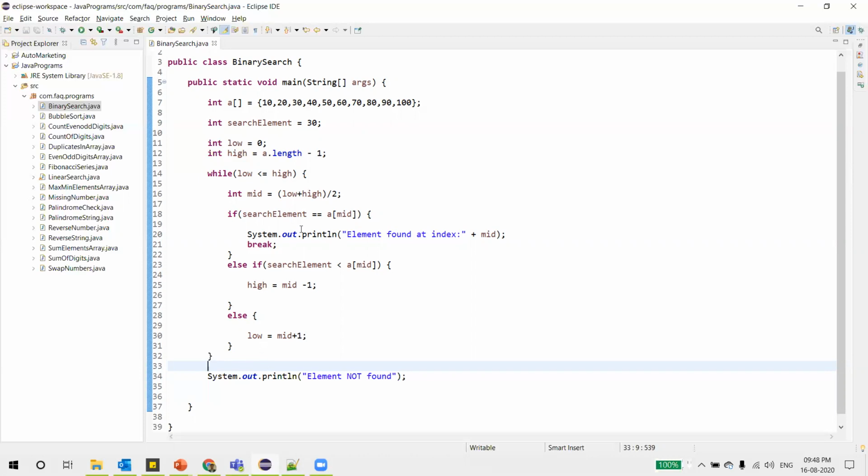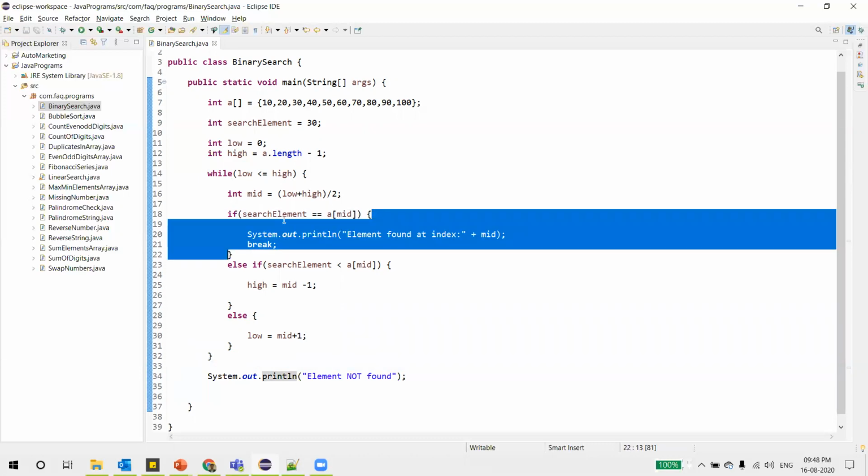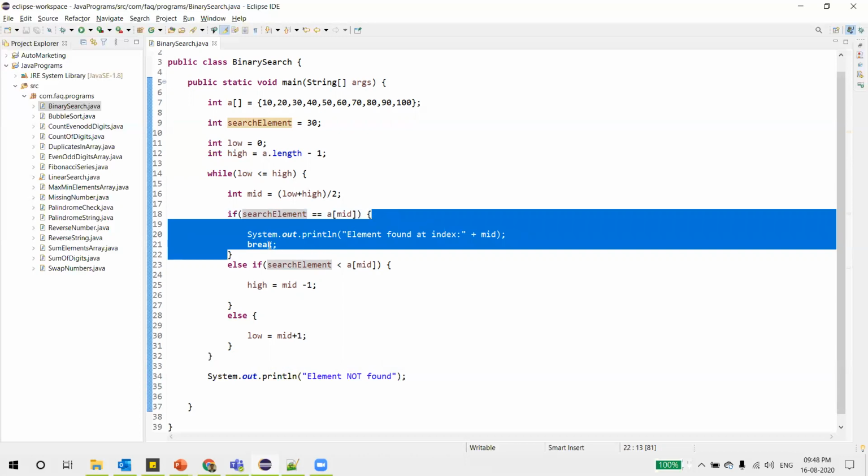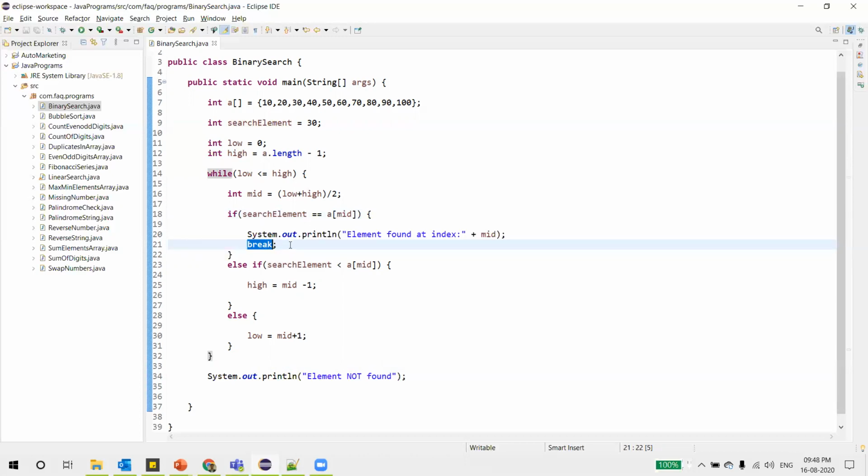For that, if you observe here, if the loop is broken by this keyword break, then when will this happen? When this condition is true. And when will this condition be true? When the while condition is true, then it enters the loop, calculates mid value, and if this condition is satisfied, it enters the if condition, break is applied, and it comes out of the loop.